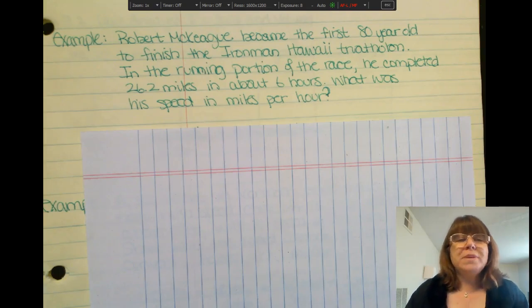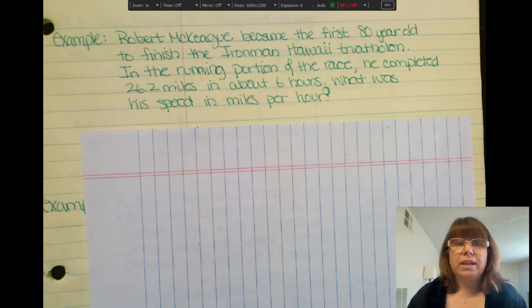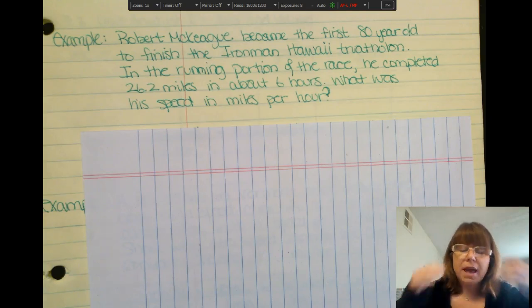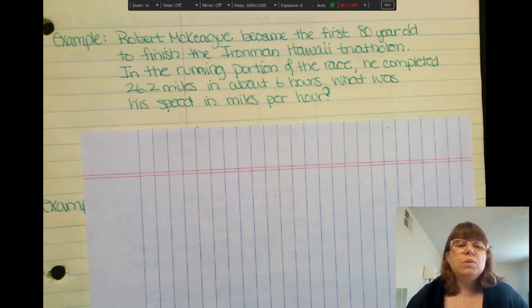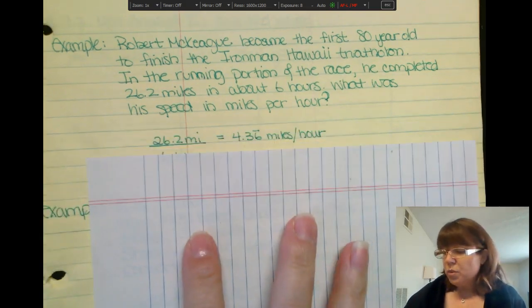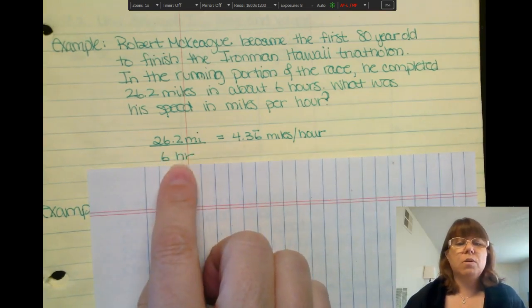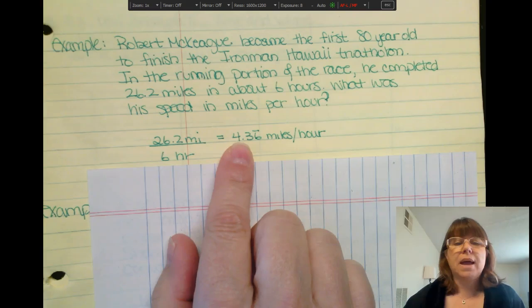Robert McKeague became the first 80-year-old to finish the Ironman Hawaii Triathlon. Now the triathlon is biking, swimming, and running. And in the running portion of the race, he completed the 26.2 miles in about 6 hours. So what was his speed in miles per hour? We know 26.2 miles, and we need to divide it by the 6 hours to get what it is per hour. So his speed was